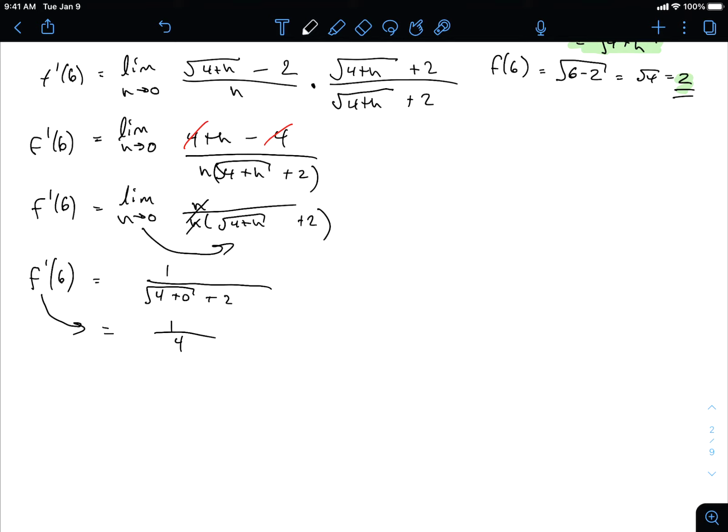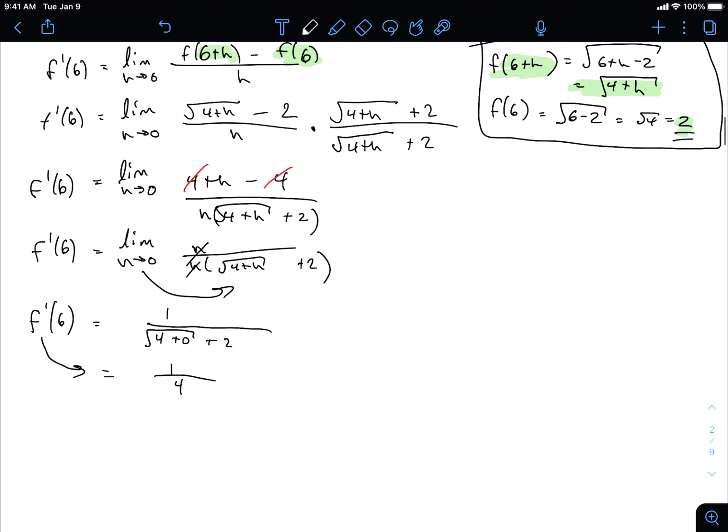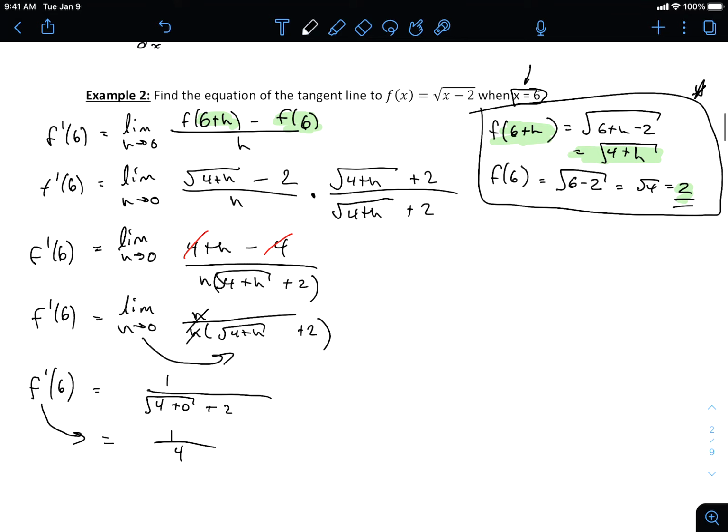So in the event though, I found that this makes my life easy, and I think it makes your life easier too. If we can eliminate some of the variables and the number of x's floating around, that helps. Now, the problem with this method is I've solved for the slope at one specific value of x, 6 in this instance, right? Where this isn't helpful currently in its current state, it's great that we found this slope,